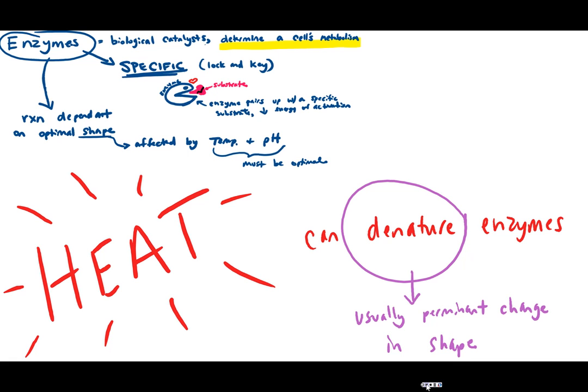This change of protein structure is called denaturing, and usually we should think about this as a permanent change. So when you denature a protein, you alter its structure in such a way that it can never go back to its normal shape. So think about cooking food as an act of denaturing the food. All the changes that happen between the raw food and the cooked food, you've denatured those proteins. You've got changes in color and texture and shape, and you can't take a cooked food and turn it back into a raw food.